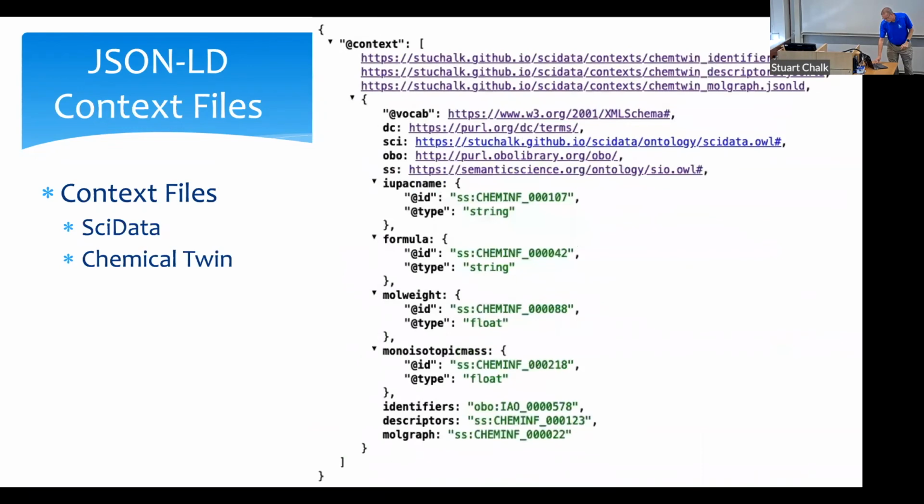But then if we get into the chemical twin, this is the general metadata. And what you can see is we have to give these semantic representations. We have to assign them. They just match up with what the names of the elements are. So that, again, when the file is converted from JSON-LD into the RDF, each of those triples has the right representation of the meaning of the subject, the predicate, and the object.